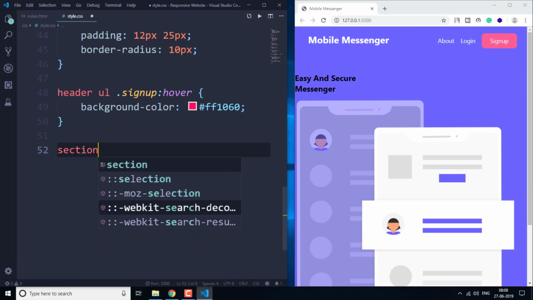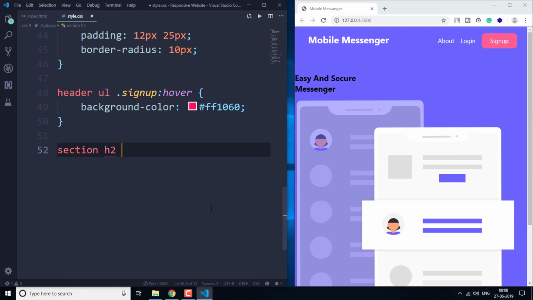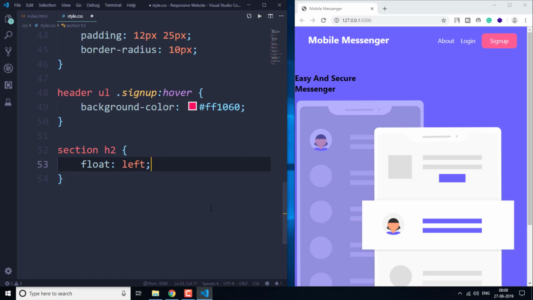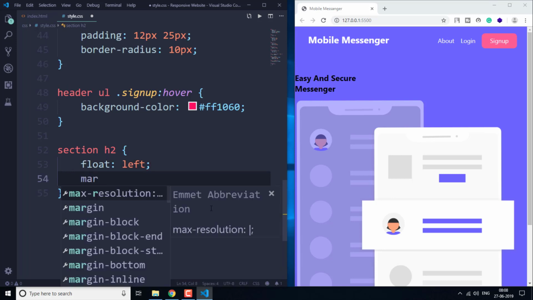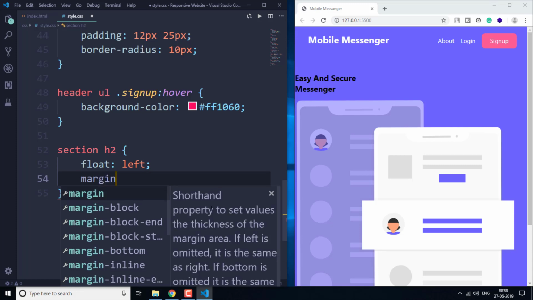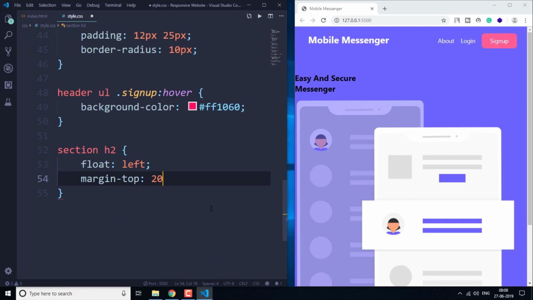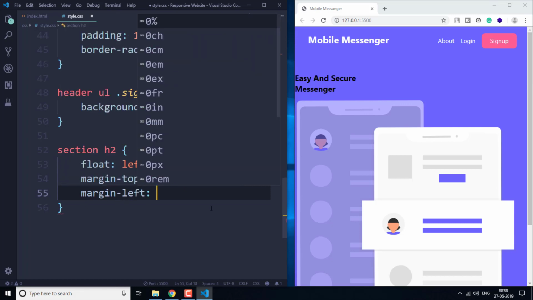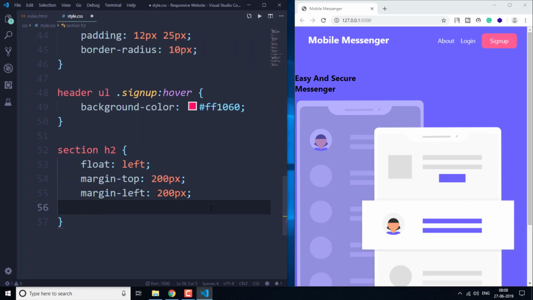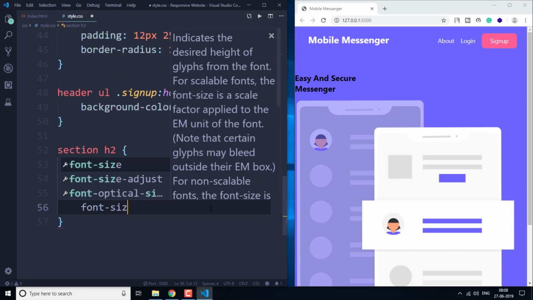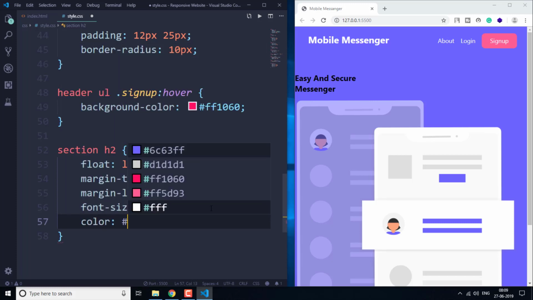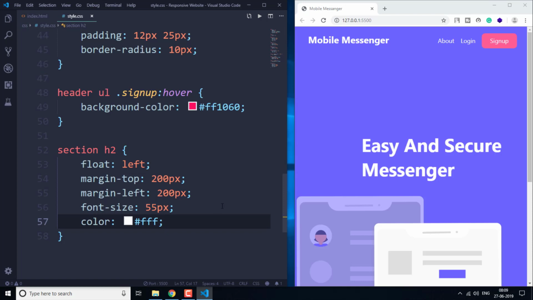So section h2 and float left, then margin top 200 pixels, then margin left also 200 pixels, then font size 55 pixels, color white. Okay, now